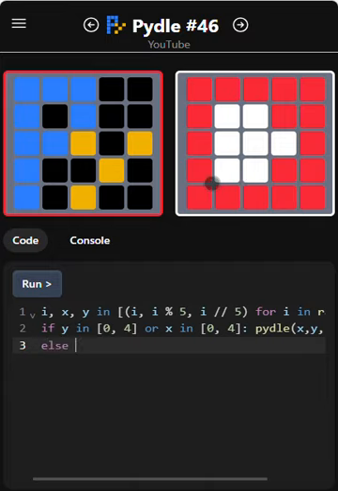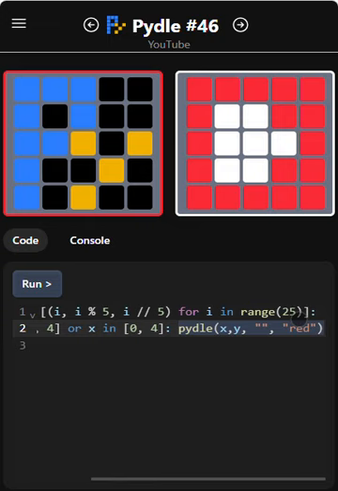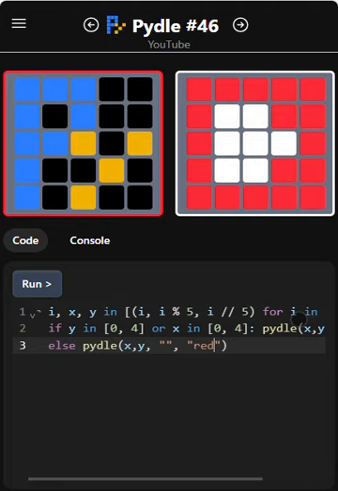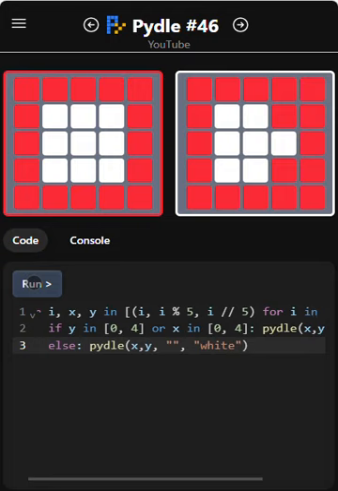else, and don't worry, I'll complete the rest of the red pixels in a bit, but I'm just gonna do that needs to be white. Okay, so there's the red frame with the white